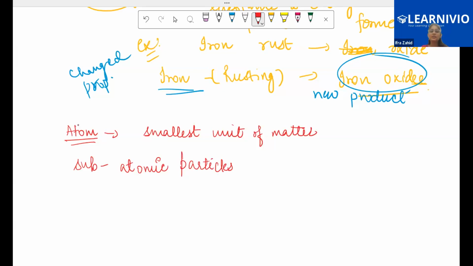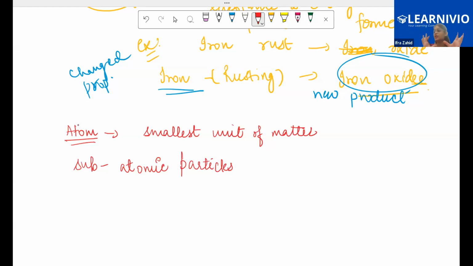Okay, see, actually, these are the three constituent units, the three things that combine and form an atom, right? So technically you are saying the right thing, your doubt is correct. That atom is also made up of something, so how can you say that it is the smallest unit of matter? Correct, but